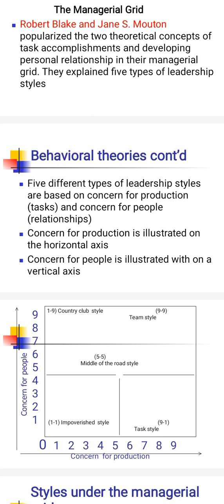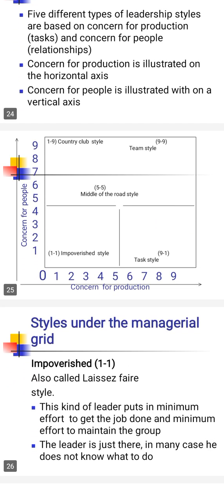The five different types of leadership styles are based on concern for production, those are tasks, and concern for people. We are going to explain this managerial grid using these two: the concern for production and the concern for people. This is how the managerial grid is